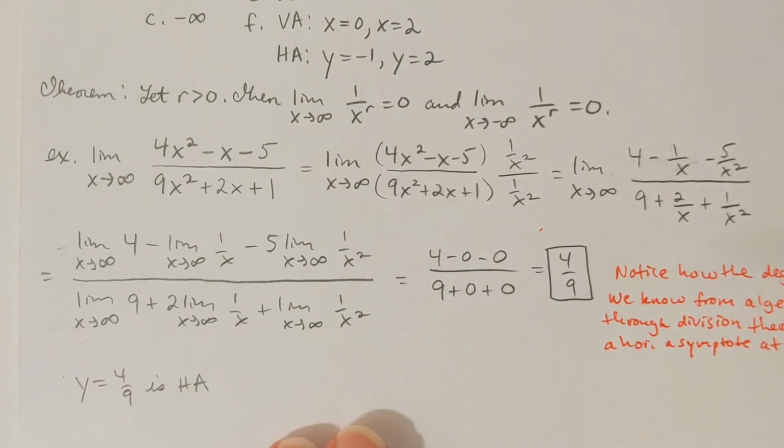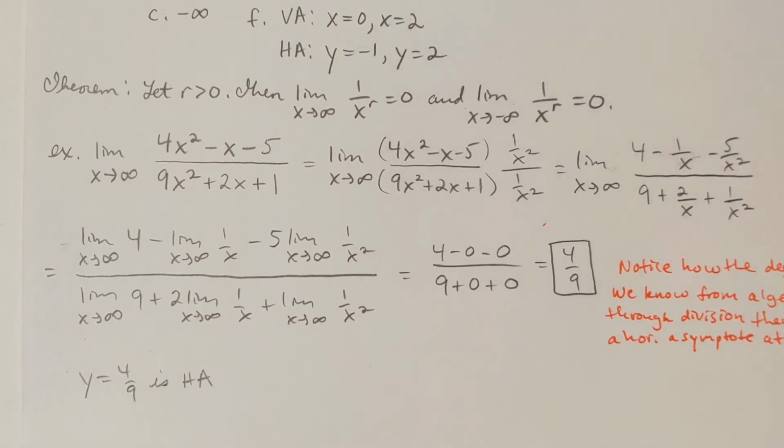Let r be some positive number. Then the limit as x approaches infinity of 1 over x to the r is 0, and the limit as x approaches negative infinity of 1 over x to the r is 0. I think this should make total sense to us. So 1 over x to the r